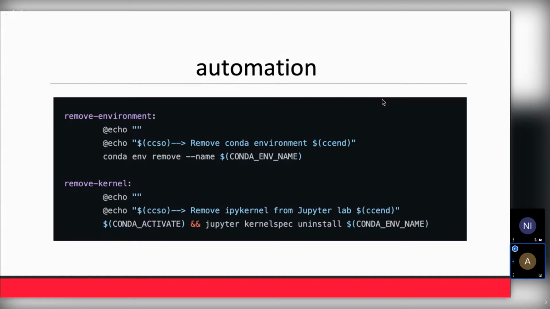In my case, an example is parts of a makefile. I'm a big fan of using makefiles. Usually you can use them on Linux or Mac because it's a Unix system. You can run them on Windows as well, but it requires some extra installations. But what's nice about makefiles is that you literally define the set of CLI commands that could be run, and then you can bundle them together to make sure that you can do specific things like run test or clean